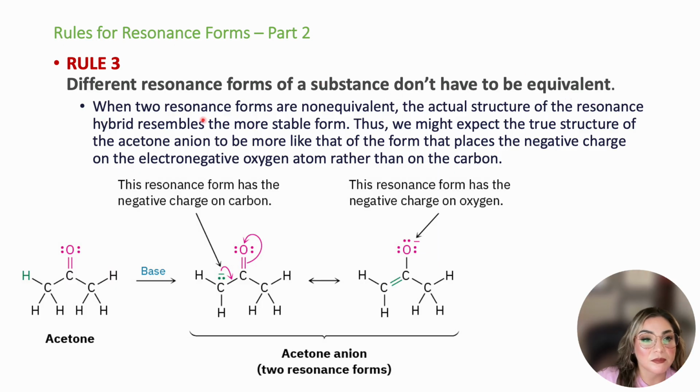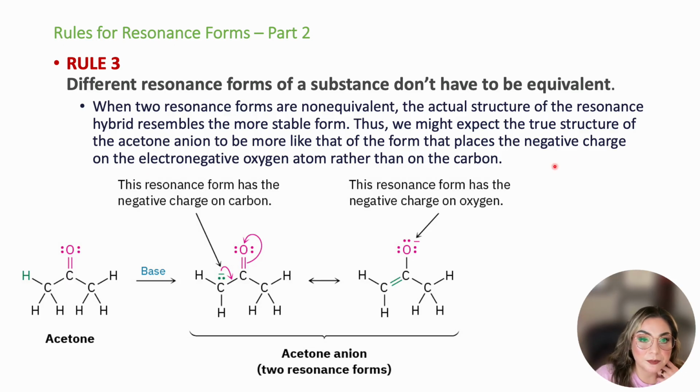And when these 2 forms are non-equivalent, the actual structure is going to look more like the more stable resonance form. So you can have less stable and more stable resonance forms. How do you determine this? This is where it all ties together. Formal charges, right? That's the whole reason why we introduce these formal charges,